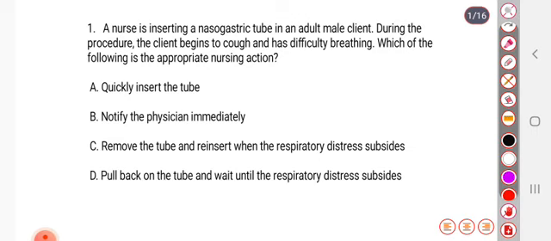Start करते हैं आज के अपन पहले क्वेश्चन की। आपकी स्क्रीन पर पहला क्वेश्चन, a nurse is inserting a nasogastric tube in the adult male client. During the procedure, the client begins to cough and has difficulty breathing. Which of the following is the appropriate nursing action? Option A is quickly insert the tube, option B notify the physician immediately, C remove the tube and reinsert when the respiratory distress subsides, and D pull back on the tube and wait until the respiratory distress subsides. चारों ऑप्शन को अच्छे से पढ़ें और राइट आंसर पुट करें।